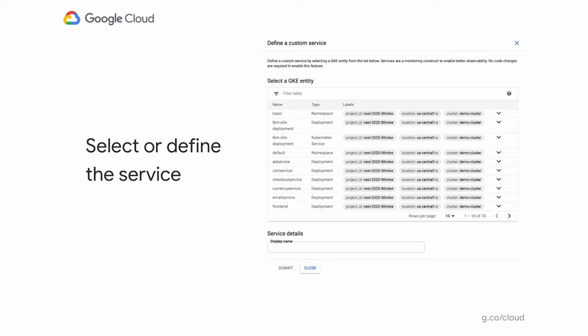There are two primary ways by which you can define the service using the UI. If your service is running on Google Kubernetes Engine, or GKE, the UI will let you pick one of the GKE primitives to create this logical construct that you can use as a service. So you can use things like GKE services, GKE deployments, even something like a GKE namespace, and tie your service